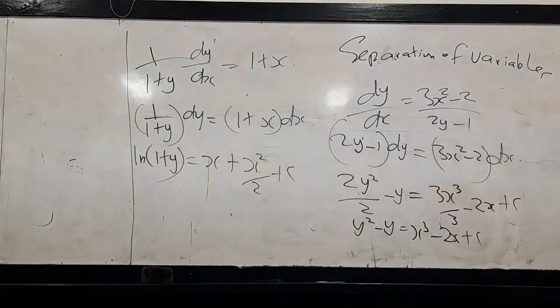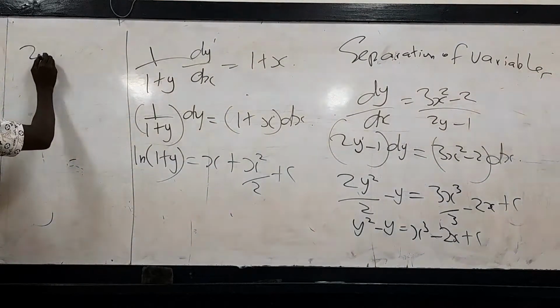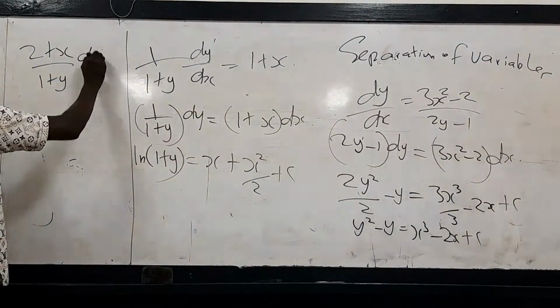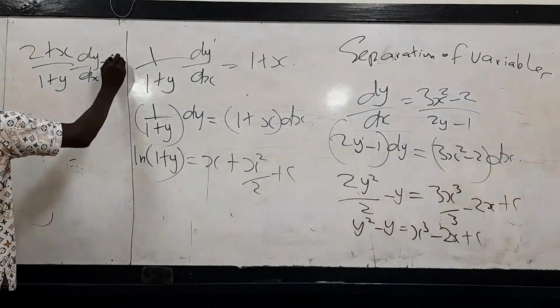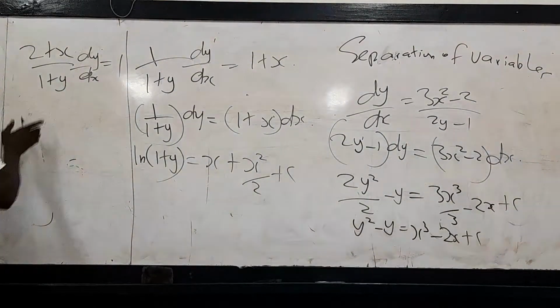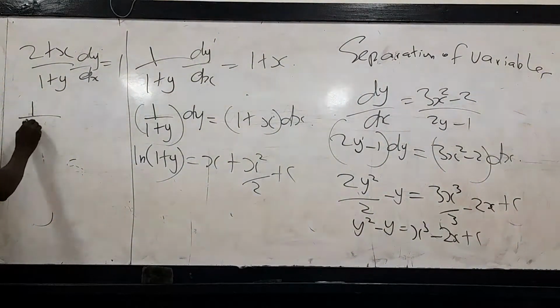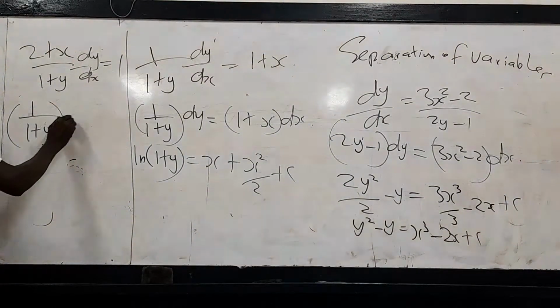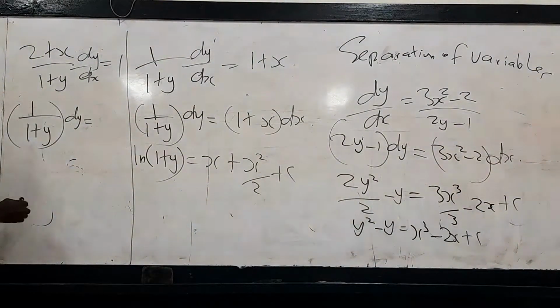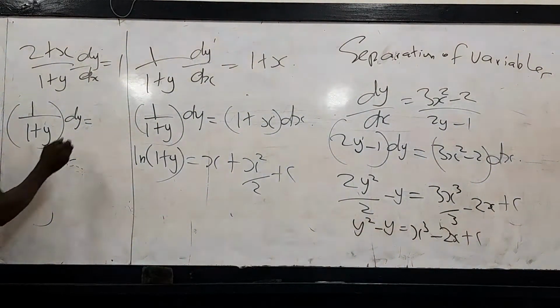Separation of variables. Let's look at another interesting one and see how best we'll be able to handle it without any difficulty. We have (2 plus x) over (1 plus y) dy dx is equal to 1. Wow. What an interesting one this is. So here, note that this is over 1. So I can just say 1 over (1 plus y) dy. Then this one goes here and becomes 1 over